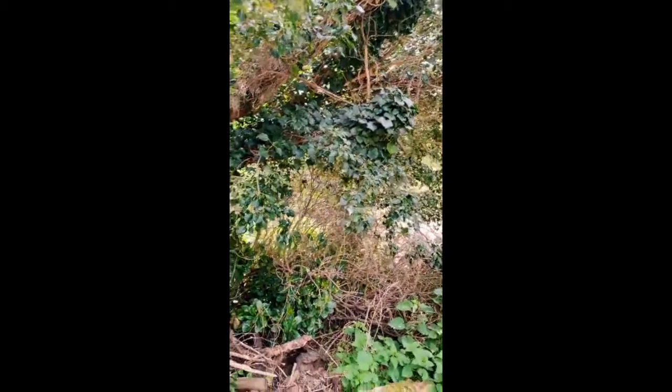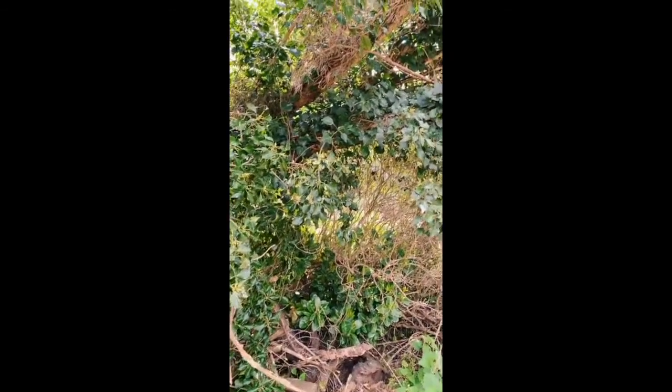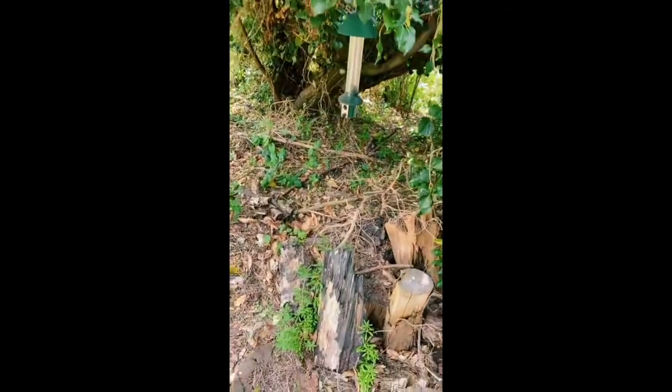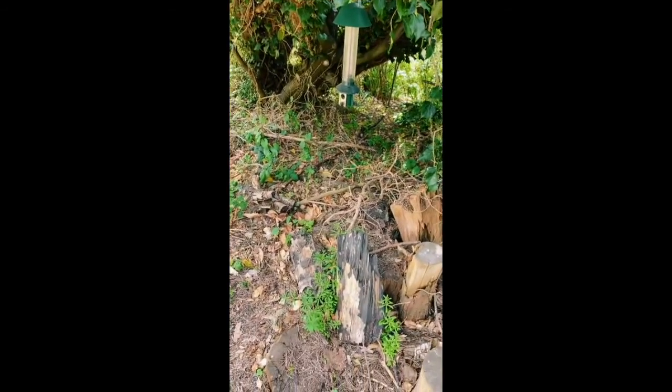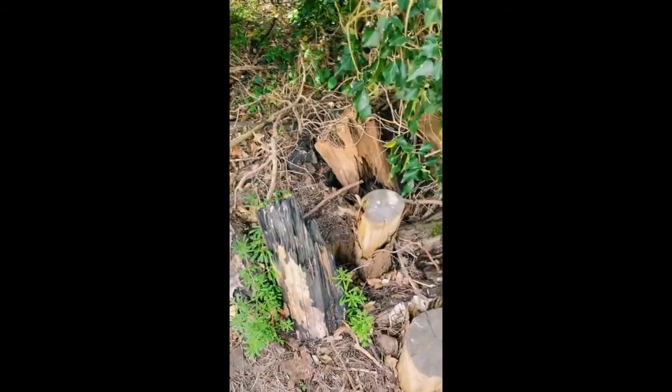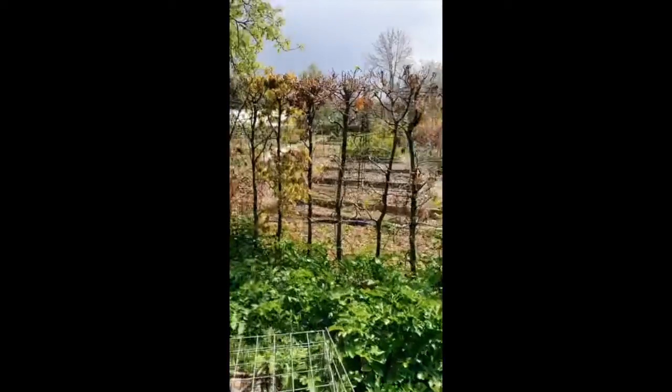Maybe some of you may want to turn away. Maybe you don't like insects. There are lots of creatures that live and feed on dead wood, and the stag beetle larva will live on rotten wood. So stag beetle heaven, I guess. Compost over there. Now we're coming into the kitchen garden,